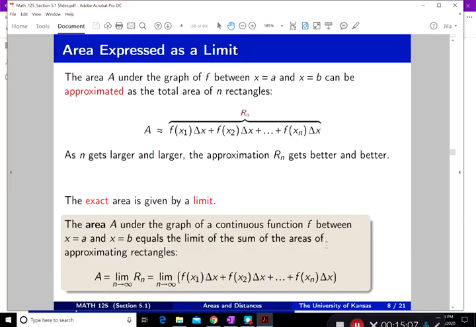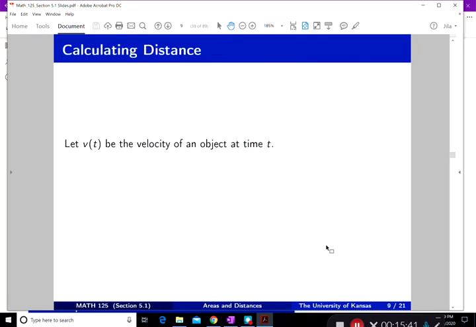The area A under the graph of a continuous function f between x equal to a and x equal to b equals the limit of the sum of the areas of approximating rectangles, and so A is equal to the limit as n goes to infinity of R sub n, or the limit as n goes to infinity of f of x1 delta x plus f of x2 delta x plus all the way to f of x n delta x, and that sum is called the Riemann sum. Now let's remember the calculating